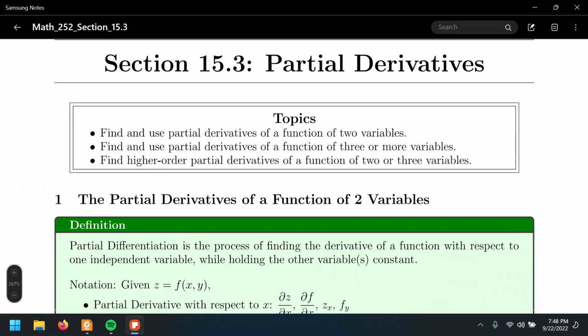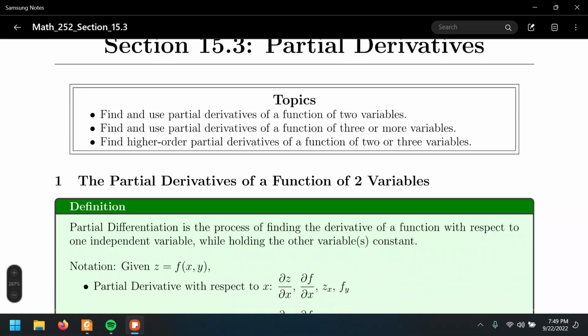So section 15.3, partial derivatives. We move on through the calculus. Now we did a little bit of functions of the algebra domains of multivariable functions. Then we moved on to the limits, and what's the next topic after limits? Derivatives. The rules for differentiation that we're going to use are nothing new, except that we're adding more